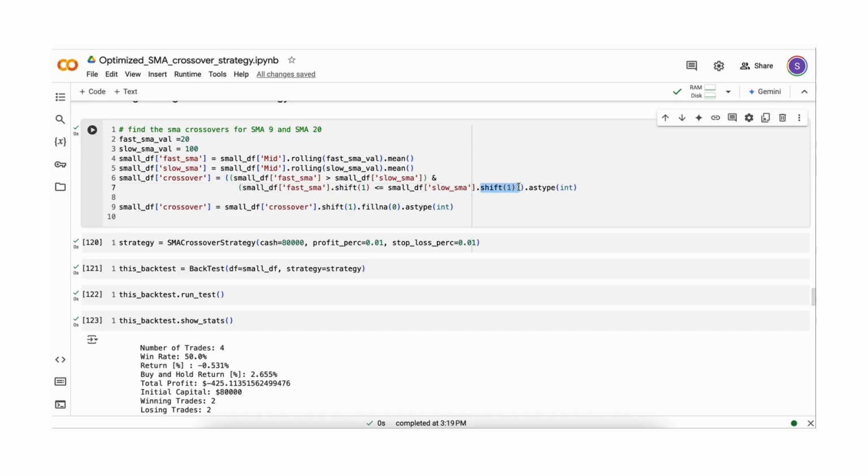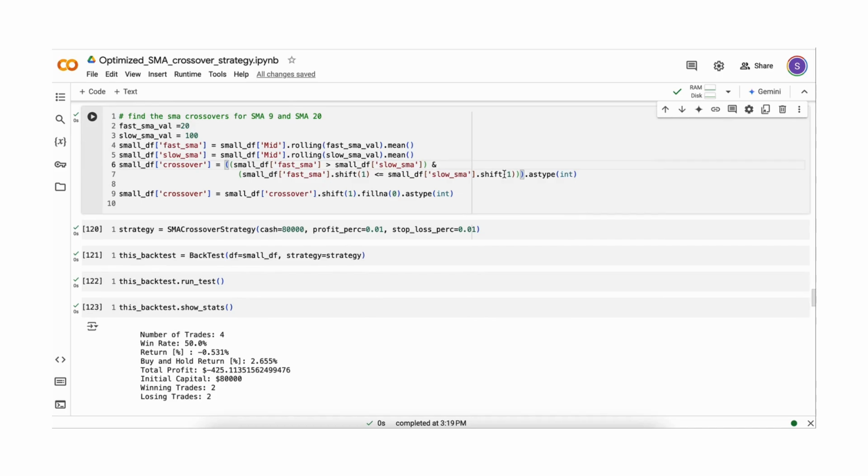So in the previous candle the fast moving average was smaller than the slow, and in this candle it is larger. That is the condition for entering a trade, and we define this column called crossover. Again, you can only enter the trade in the next candle,